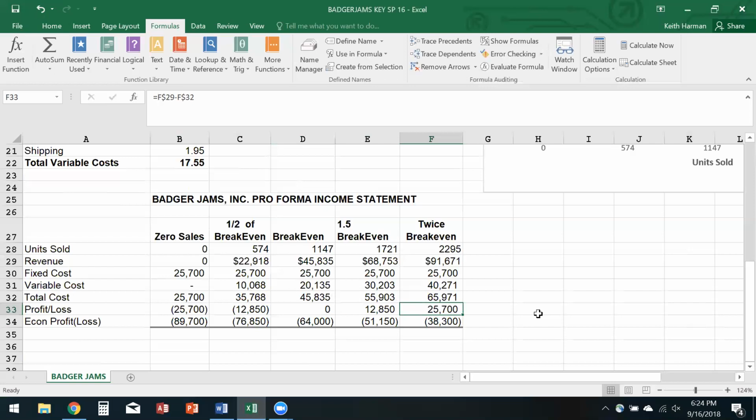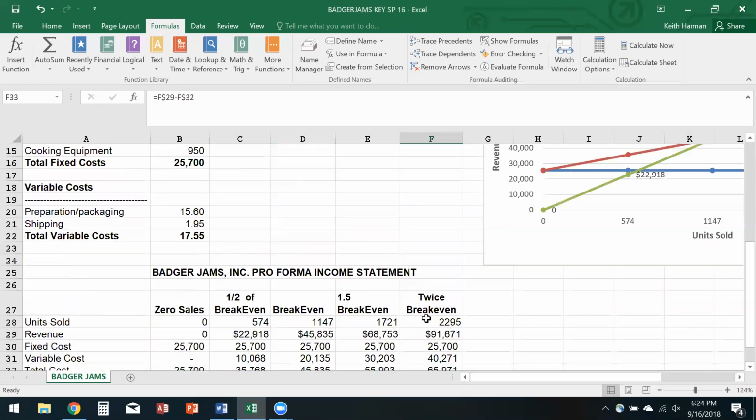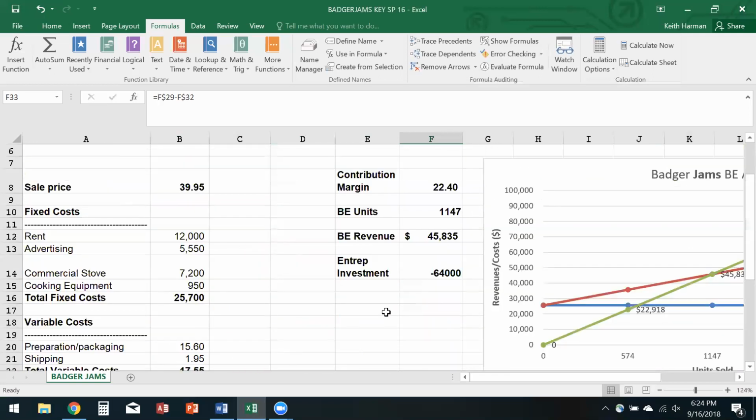And here, this is telling you something about the cost structure, or really your expense structure. And you have to go back up here now and say, oh, wait a minute, if I sell twice what I think I will, I'm going to make $25,000. I have a profit of $25,700, and now I've only lost $38,000 of my savings. So this gives me a tool that I can look into the future and say if certain conditions are happening or operable,